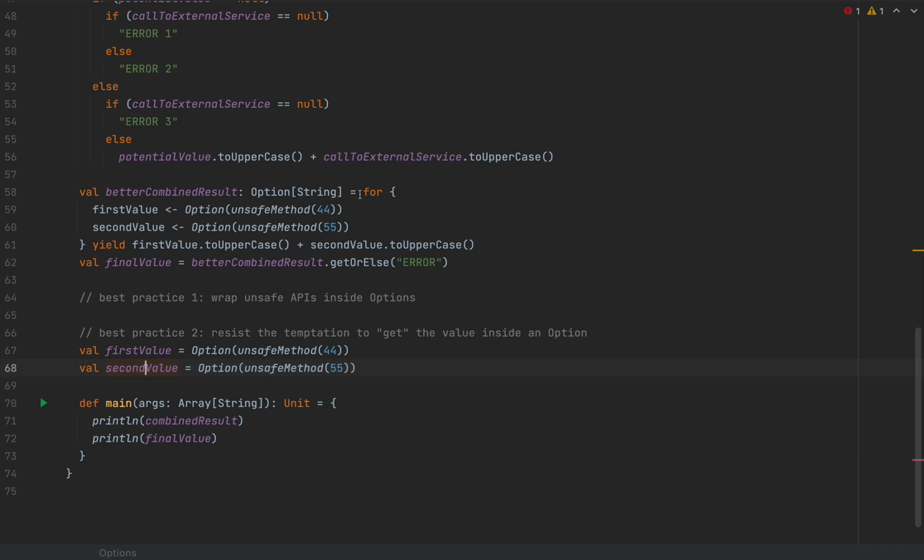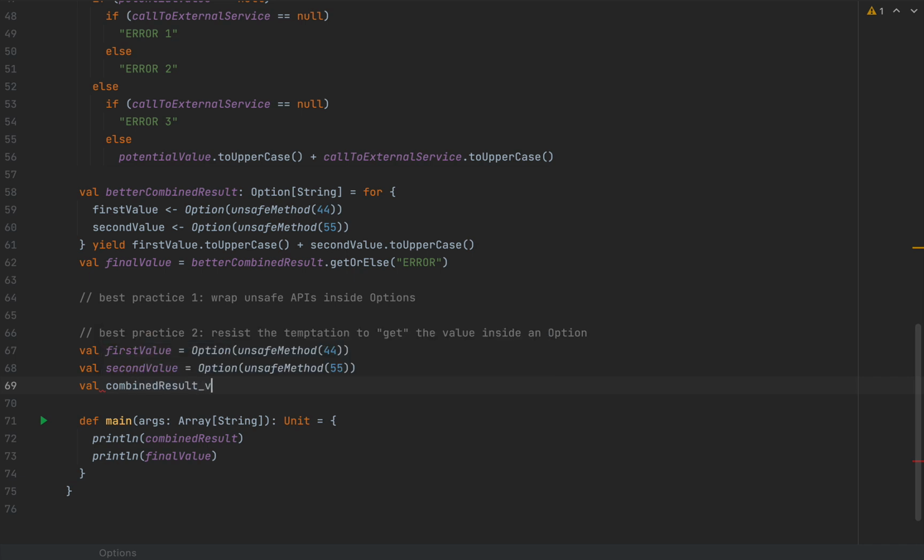And right now the for comprehensions and the transformations for options are not really second nature to you, because you've just discovered options, and there is a very interesting itch to get the value 44 inside, or the value from the unsafe method 55 from the other option. So what you do is, let's call this combined result version 2, is to try to get the